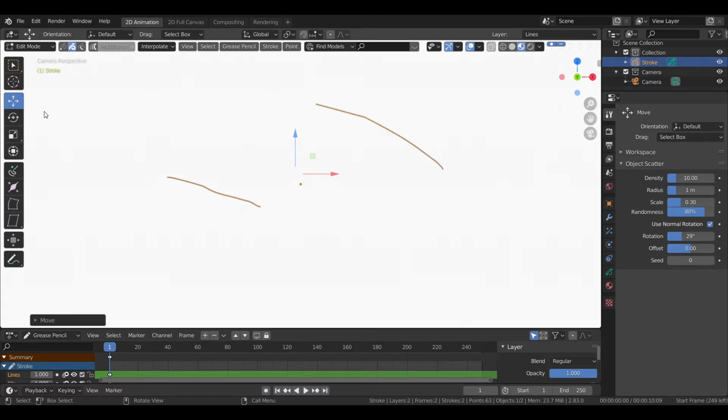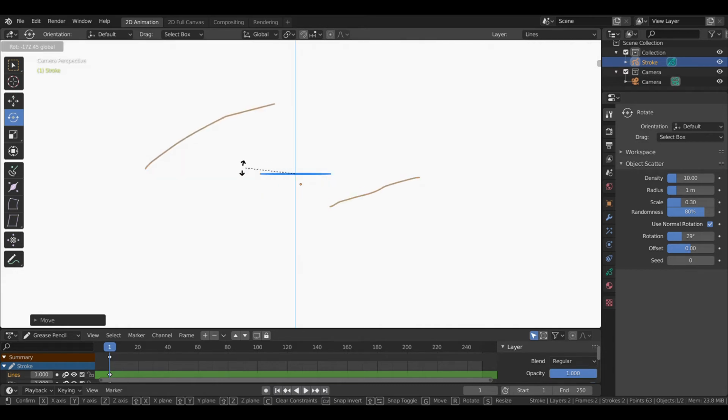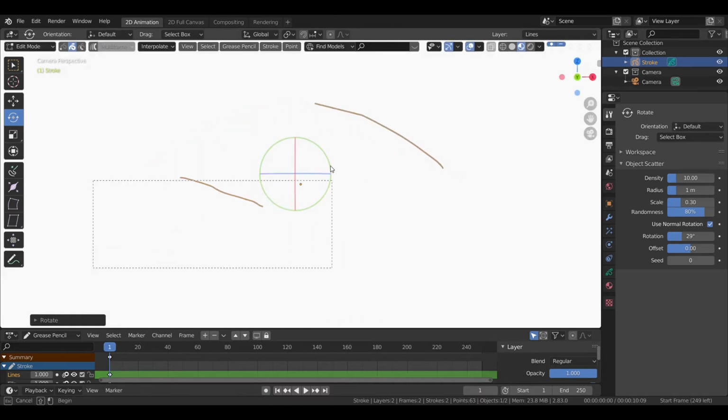Then we are going to talk about rotate. With rotate, we could rotate any strokes. We could also select the stroke and rotate it.